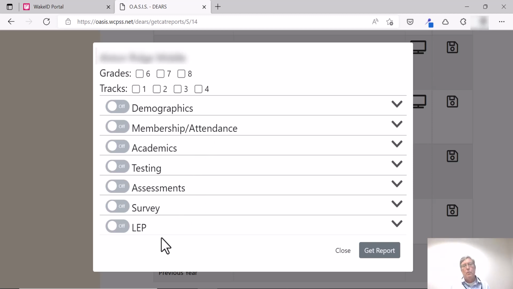So you can build your own report. That's the function of this. There are, I think, over 1,000 data points that are available here. So you obviously probably don't want all of that information. You may just want some basic stuff. But you can go ahead and open each one of these categories and build a report. And at the bottom there, you see you can select Get Report. It will export it to an Excel spreadsheet where you can read it. So I'm going to go ahead and click on